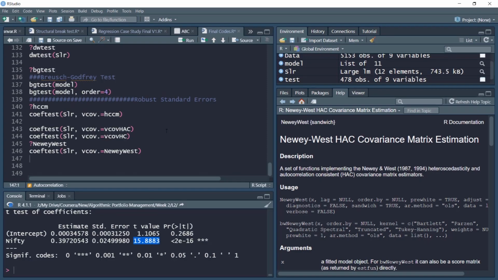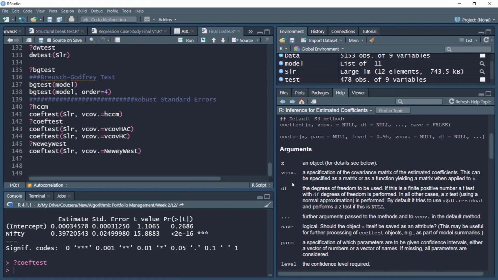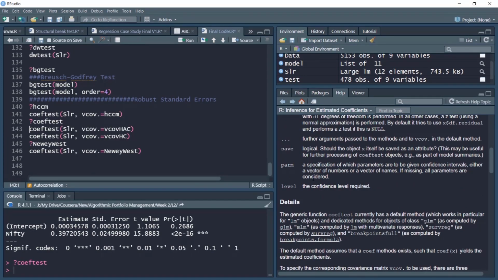So in this manner, we can apply the robust standard errors. There are various flavors available. We can check more about them with this coeftest command. Different variants, different flavors, how to apply all the flavors are available. We can read more about this. The four most prominent we have discussed: HCCM, heteroscedasticity corrected, variance heteroscedasticity and autocorrelation corrected, Newey-West correction, and so on. So we can apply them to observe if there are significant changes in t values from our original values. It seems still, applying all the robust standard errors, our coefficient is still very significant.